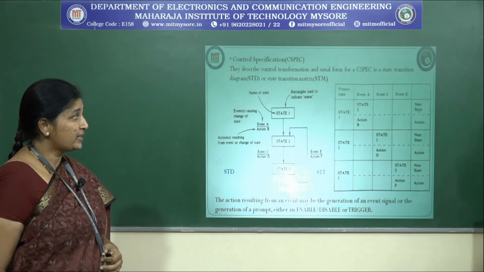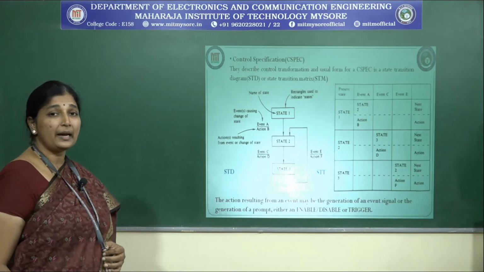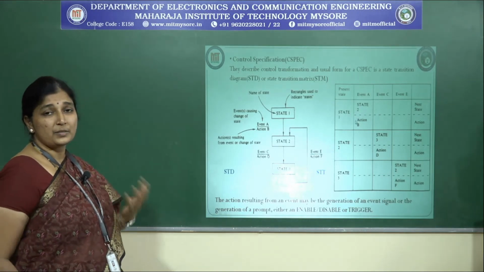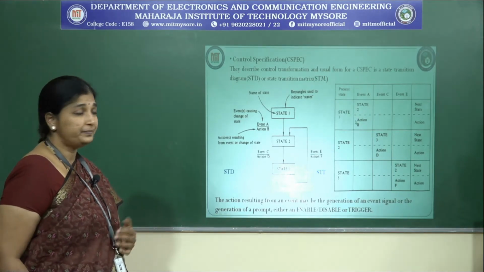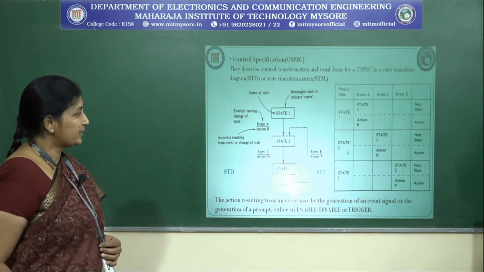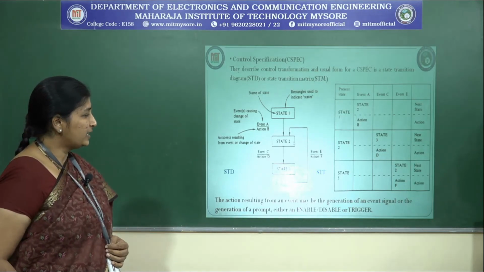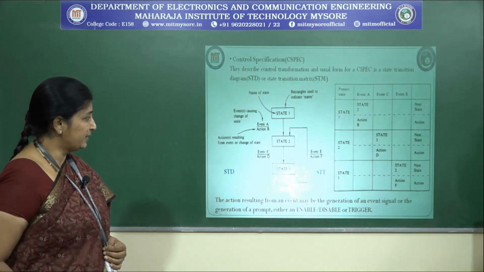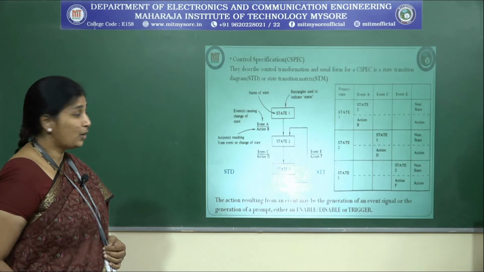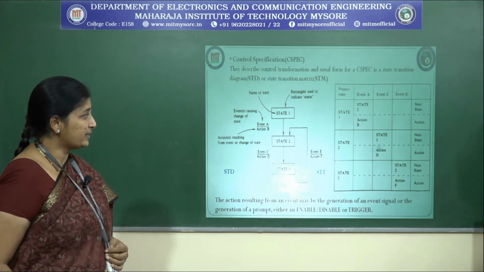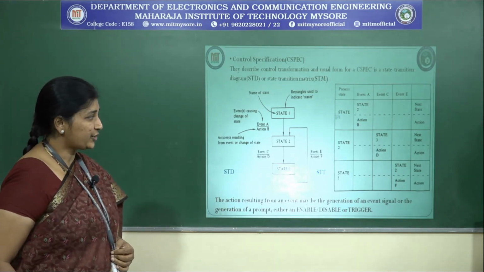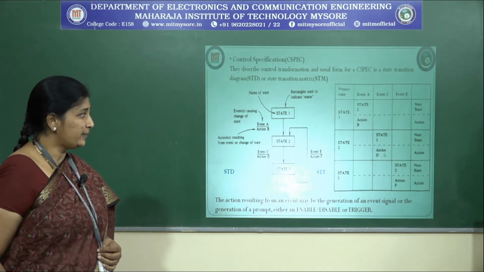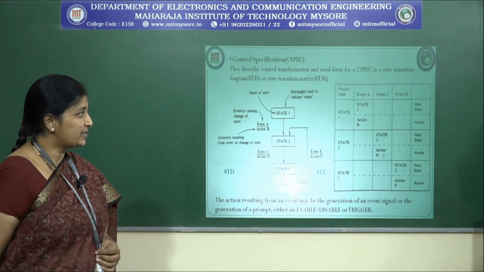So usually you write it as next state divided by action, or you can simply say what state was responsible by what action, okay? Next you have state 2. In state 2, what do you have? We have C as an event, and C event has occurred because of the action D. So I write it as state 3 action D. You just see this diagram here, state 3 action D, and that happens at event C.